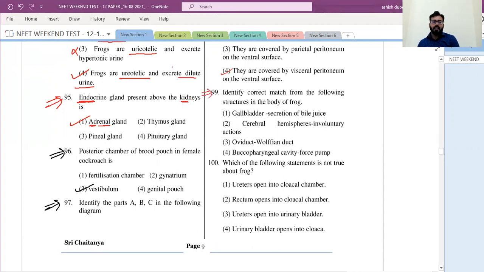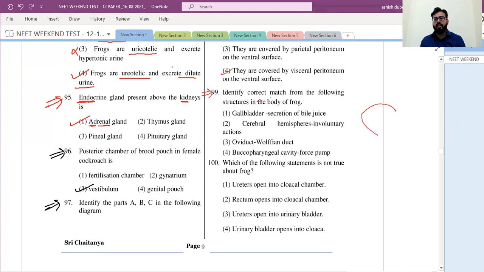And the Wolffian ducts are paired ducts that connect the primitive kidney to the cloaca during embryonic development. In human beings also, these are the mesonephric ducts. They connect the kidneys to the cloaca. Yes, the cloaca is present in the early embryonic developmental phase in human beings also. Later on, the Wolffian duct forms the trigone of the urinary bladder. Do you know the trigone of the urinary bladder?